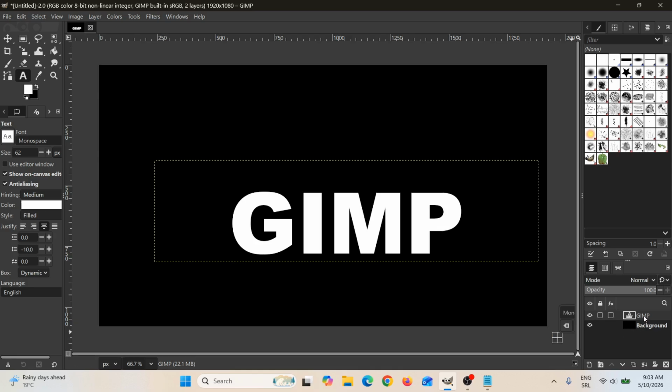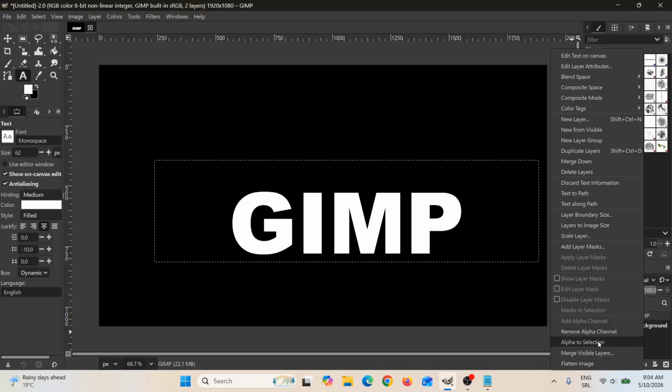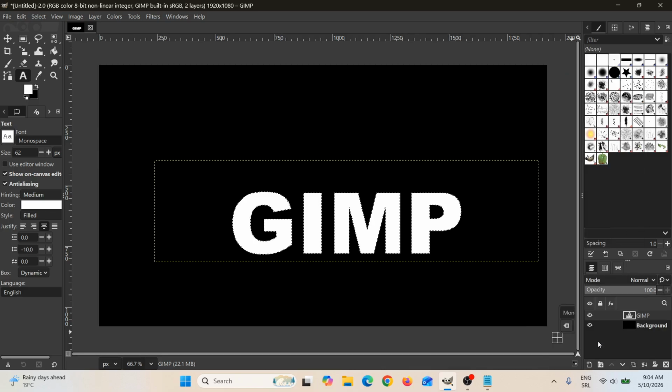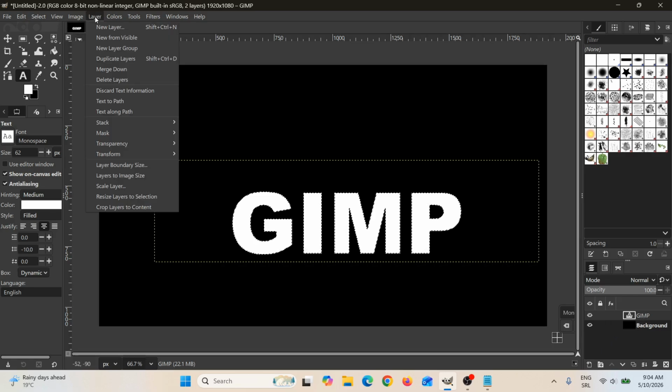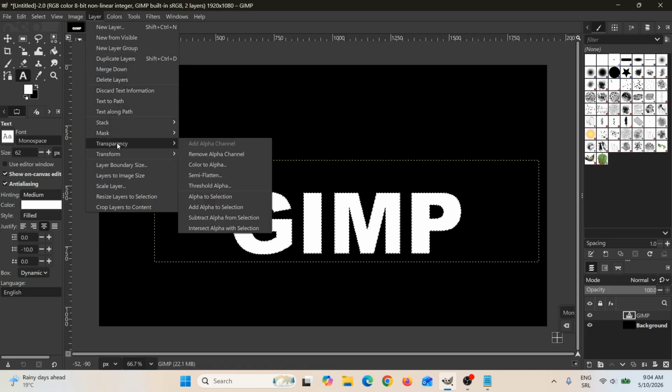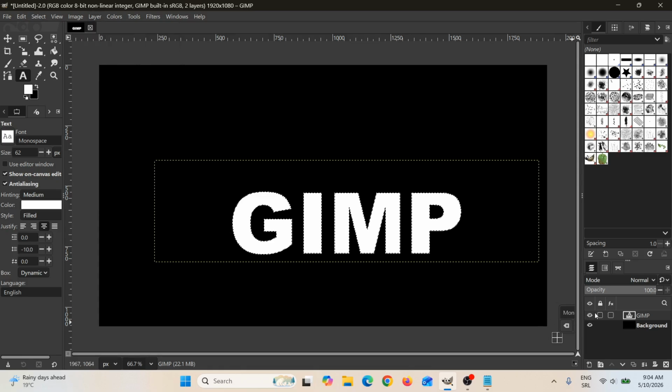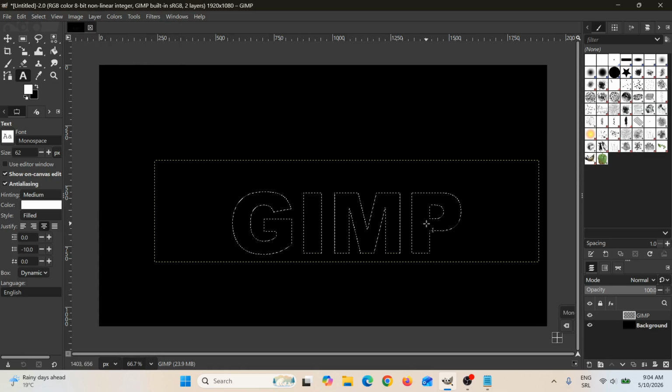First, activate the text layer. Simply click on that layer, then right click here and then click here Alpha to Selection. And after that, again, you need to go here on Layer, then go here on Transparency, and here you can see I already added Alpha Channel. So now when I click here on delete on my keyboard, as you can see, I have deleted this text